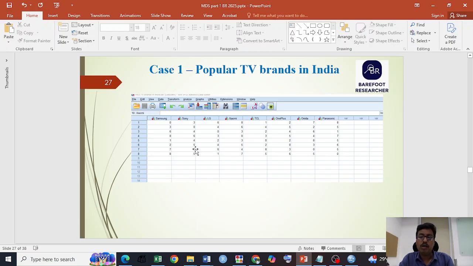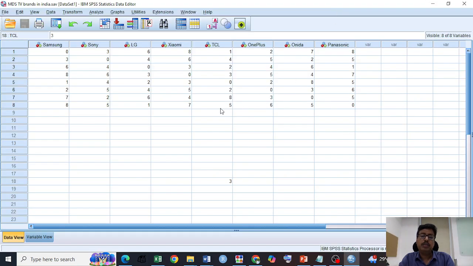So from now onwards I will be going to SPSS to demonstrate this concept. So let us go to SPSS. This is my SPSS data. You can see it here. All the brand names are mentioned across the columns, and the same thing across the rows. And this is a symmetric matrix. The diagonal elements are 0, and the lower half and upper half are also the same. Okay, so to conduct our